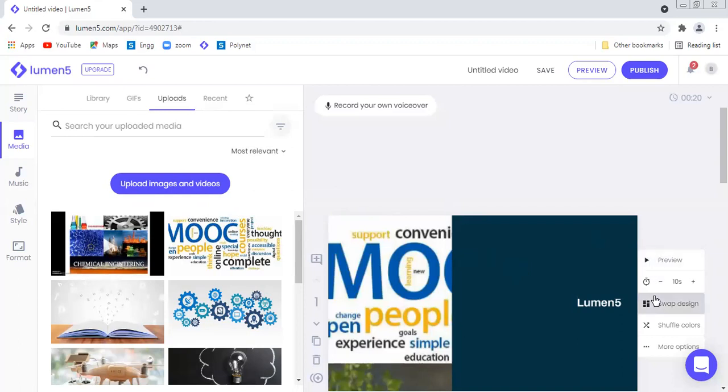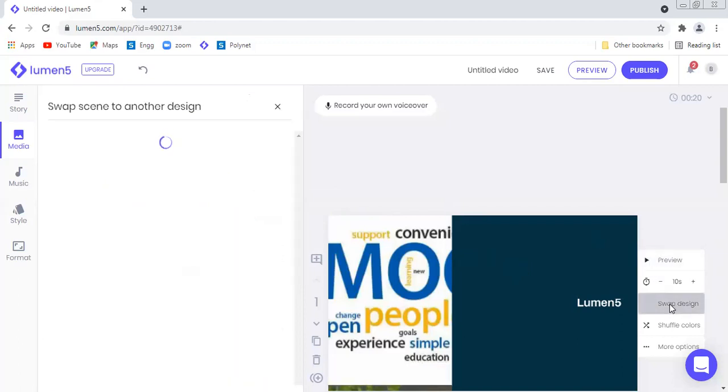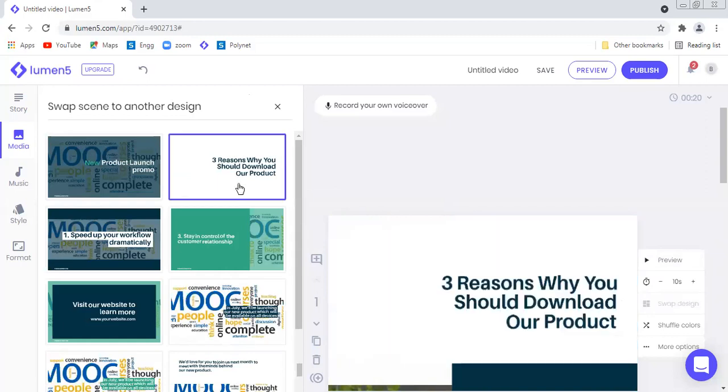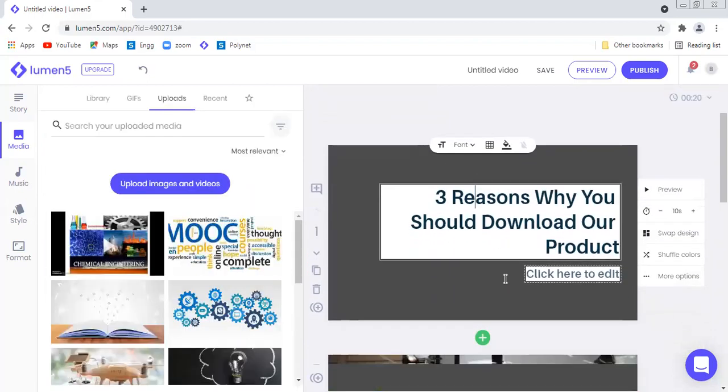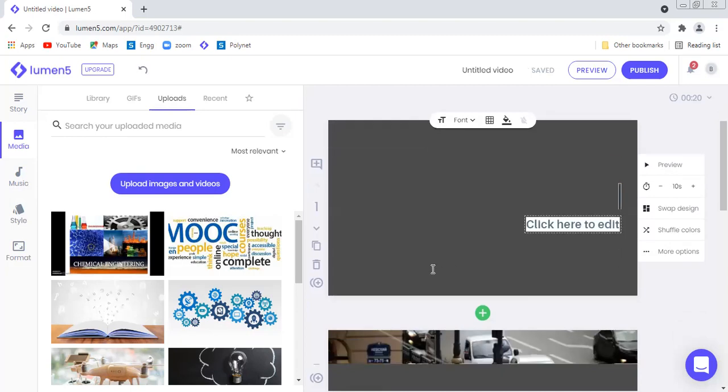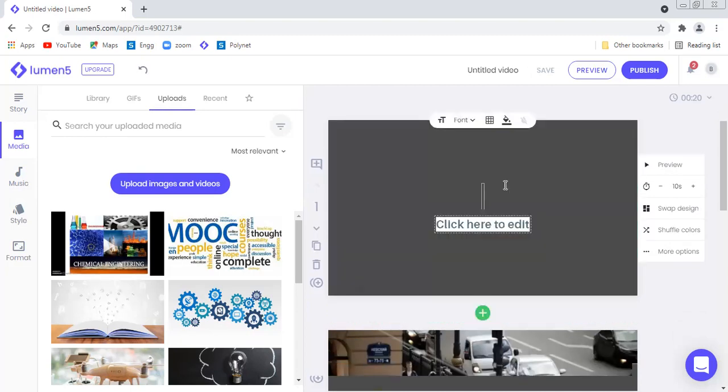Now in this case I have to swap the design because there is an overlap, right? So I'll be selecting plain white. And now just click to add this book over here. Just a moment. Sometimes depending upon the internet speed and all, the processing may take time, right? I'll just delete everything right now, and I'll just add this.